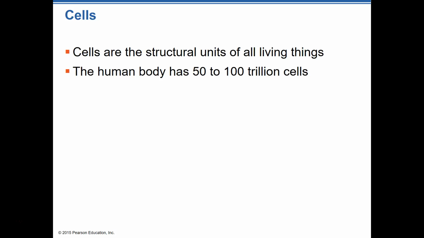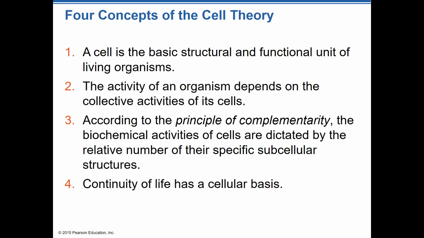So, cells are basically the structural units of all living things, as the slide says. And there's some 50 to 100 trillion cells in the human body. I have no idea how they know that. I feel sorry for the guy that they said, hey, go count all the cells in the human body. I can't imagine what that job would have been like. Obviously that's an about number. So we don't really know for sure, and that probably changes from day to day. So it'd be tough to get an exact count.